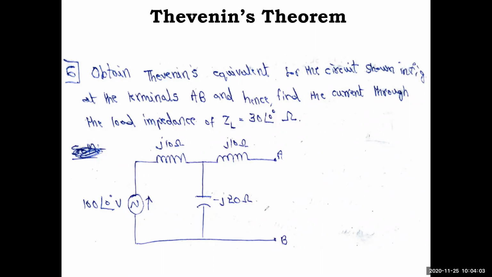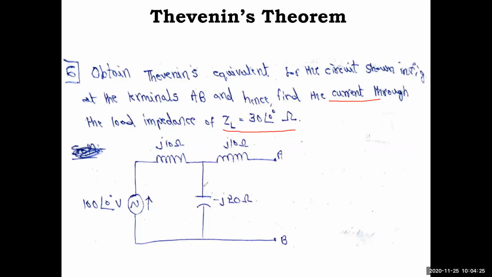Okay, so this circuit is shown as open, but it is not open, right? It is shown as open, but there is a load impedance, which is not shown as connected. So you have to finally find the current through that load impedance. That means they have done the two steps for you. Circuit A and circuit B they have identified and they have given the circuit A to you.